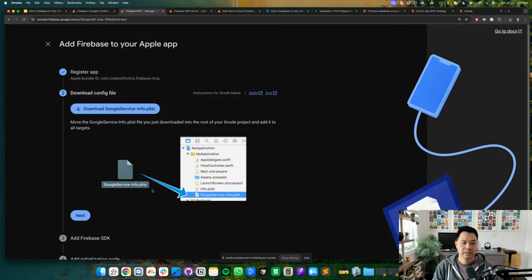So you can see here, it asks you to download it and then save it inside where all of your Swift files are. It's funny, it's still using UIKit here, storyboard. They didn't really update the screenshot, but let's go ahead and do that. So I'm going to download Google